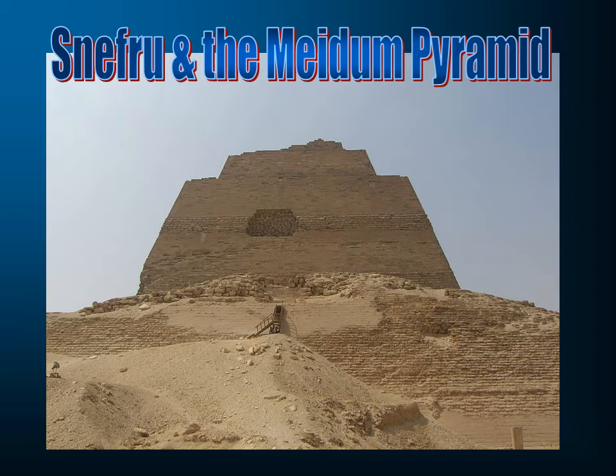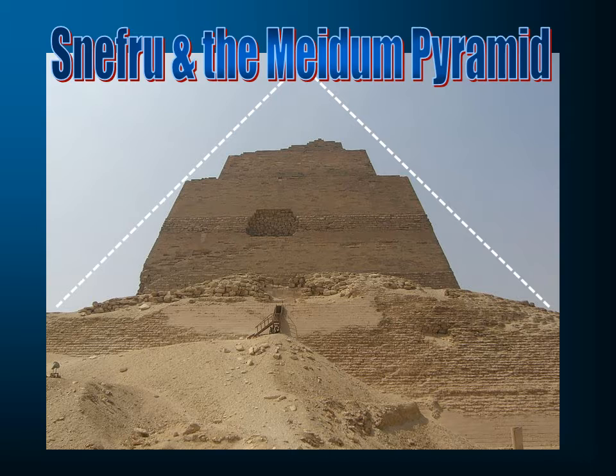His first pyramid is known as the Dune pyramid, and it started off a little bit like the mastaba approach, where there was a mastaba and one on top of that, and then he tried to have limestone rock built on top of that to form a true pyramid. It didn't work. It collapsed, and so what you see here are the ruins around this pyramid. It started out being built, and it didn't work, and so it was left in that unfinished state.